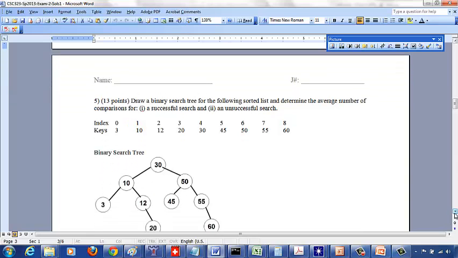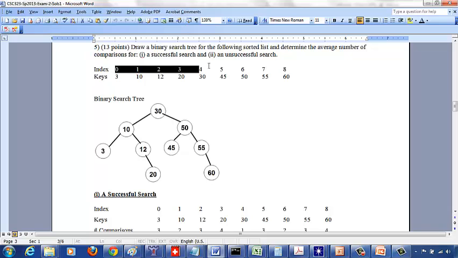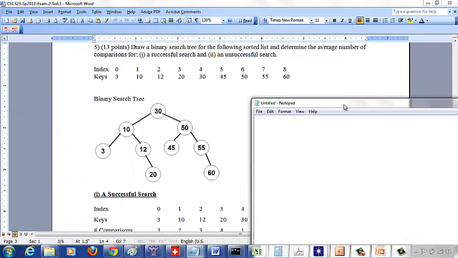Alright, so now let's look at this binary search tree. Given this sorted list of keys, we want to draw a binary search tree of this list of keys. So the way we do that is take up the whole range first. So we have from 0 to 8, that's the index. So from 0 to 8, the middle index is going to be 0 plus 8 over 2. Right, so the middle index is going to be the floor of 0 plus 8 over 2, so that's going to be